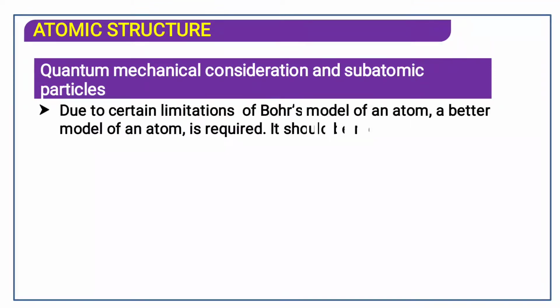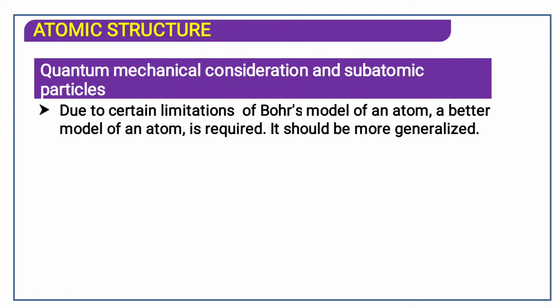Now quantum mechanical consideration and subatomic particle. Now from here the chapter will be turning. Now exactly we will be learning why the atomic theories failed. In this lecture today we have seen certain things where we don't have to study the derivations in the 11th standard. Actually the elaboration has been given in 12th physics. That numerical has been given over there. The part of chemistry which is introduced in physics is said to be modern physics.